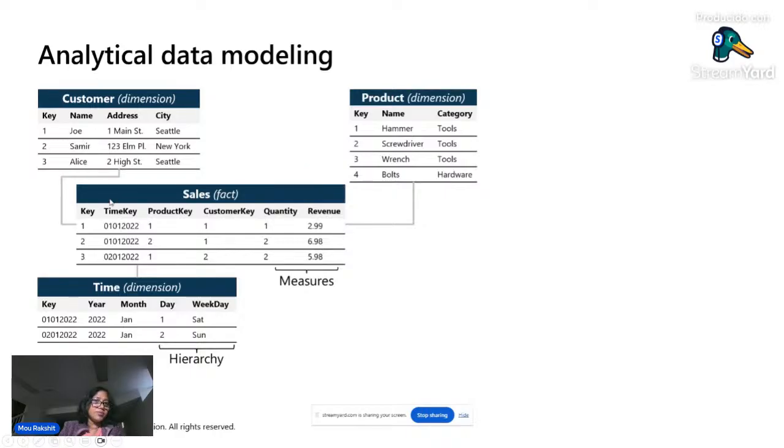Now we don't enforce the primary key foreign key relation, but you enforce it programmatically. So you load the dimensions first, and then you load the corresponding facts, so you get the keys and whatnot. There is a lot more detail in how you load or refresh the data into this dimensional model from your base tables. But this is how you model your data to be analytics ready, visualization ready. You can do it in the semantic model within Power BI. You can also do it in the lakehouse, in the gold layer.